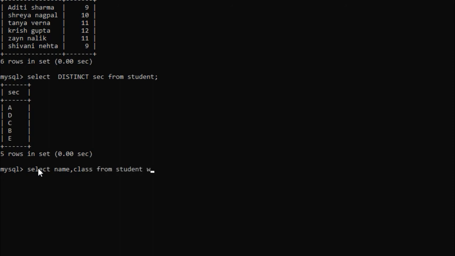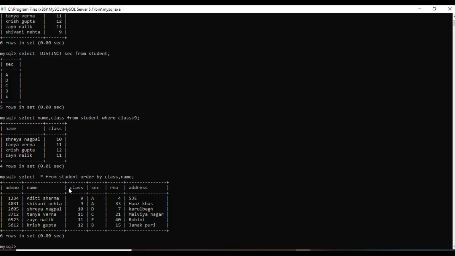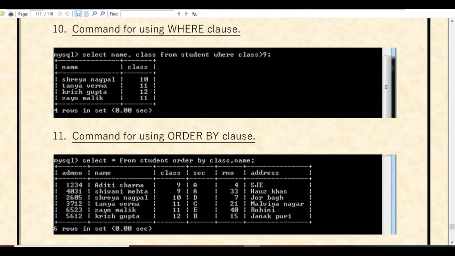We will give the condition where. So we have written: select name comma class from student where class greater than 9. So all the students which are there in class 10th, 11th, 12th will be displayed.